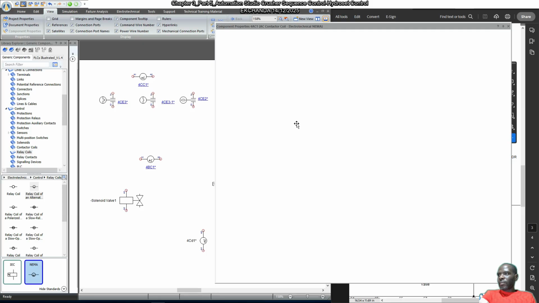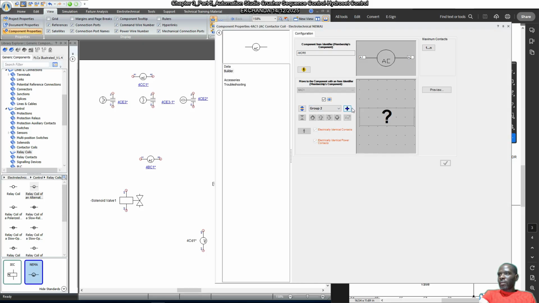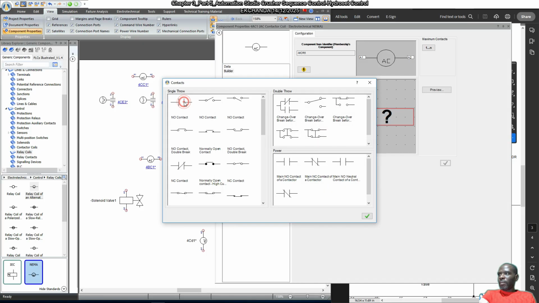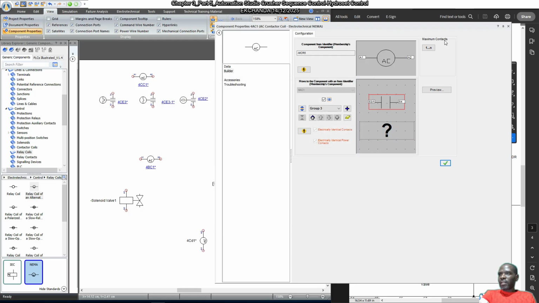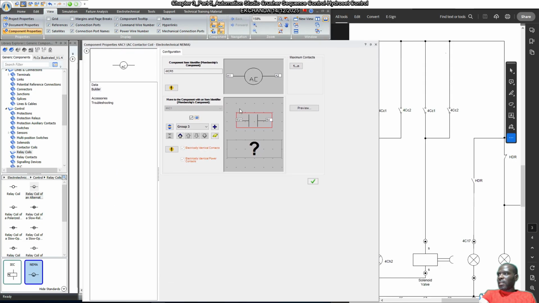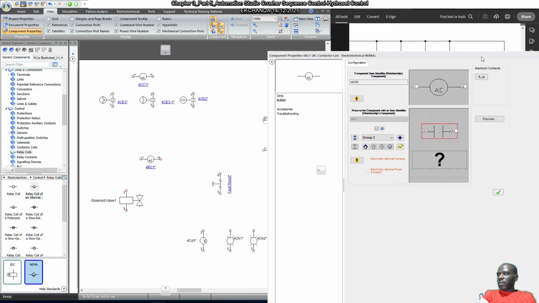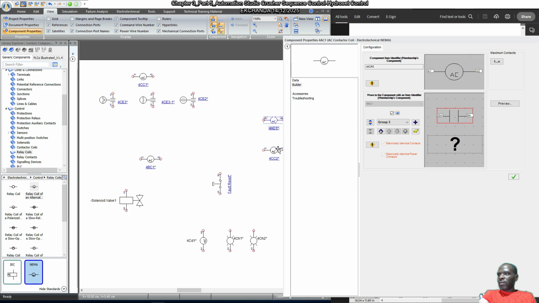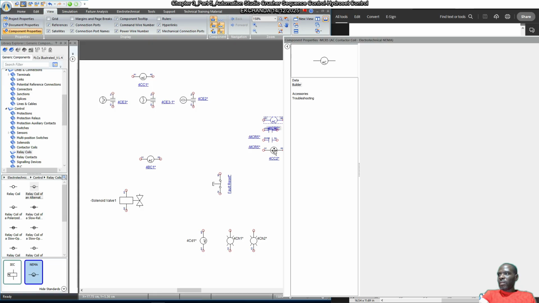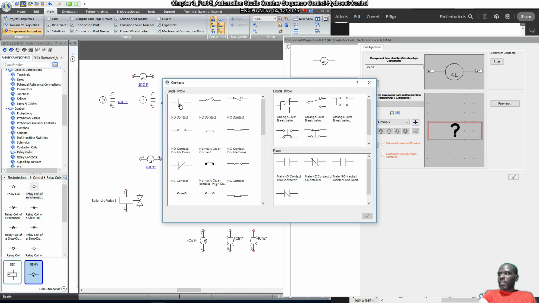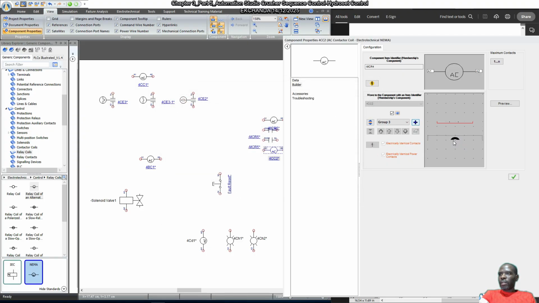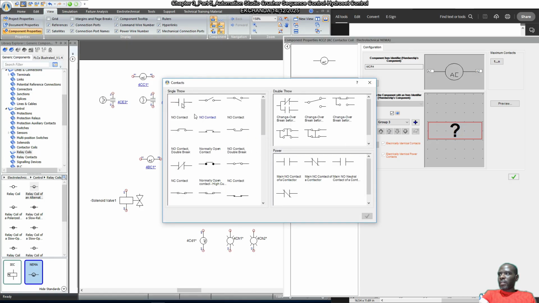So contact group normally open, another group normally open. Okay, and then we just save this, and then 4cc2 normally open, another group normally open. Okay,